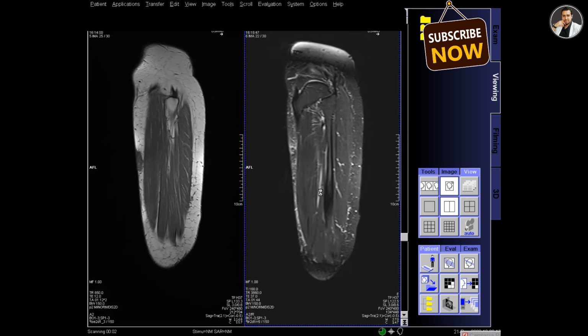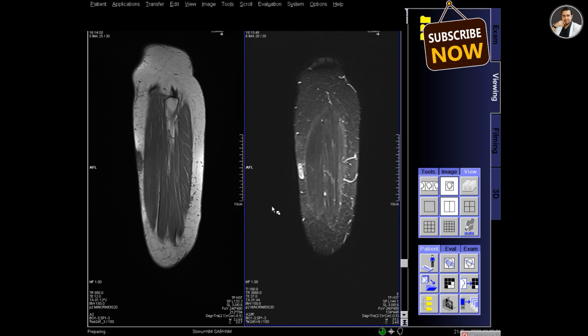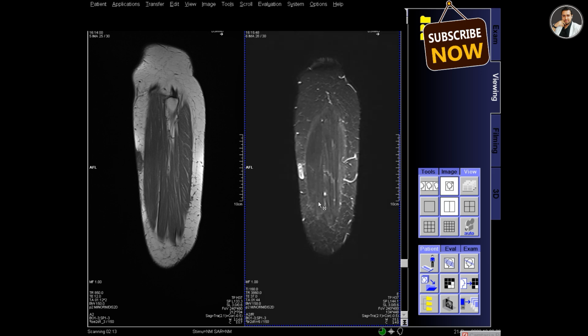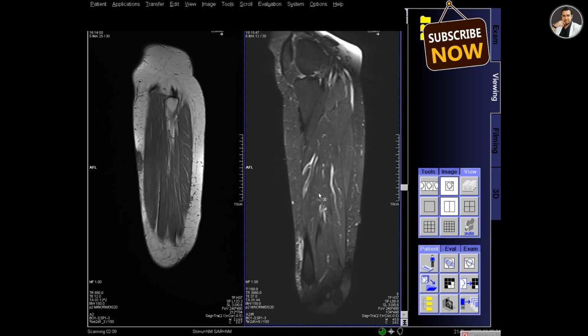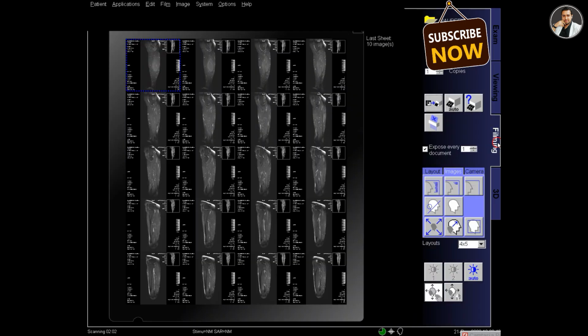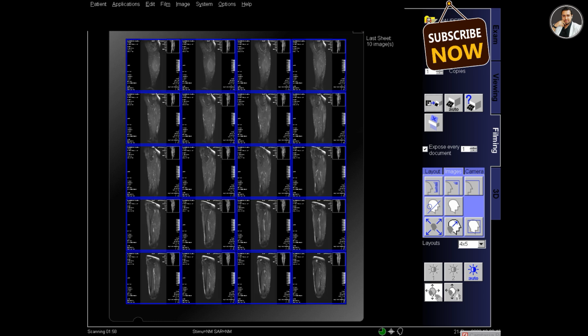So till now I have printed 3 films, 2 coronal and 1 sagittal, and this is a T1 T2 sagittal, and in this you can see the pathology very well. And in the T2 sequence, the pathology is in hyperintense signal, and it shows on the black fatty signal, on the black fatty area the pathology is bright.